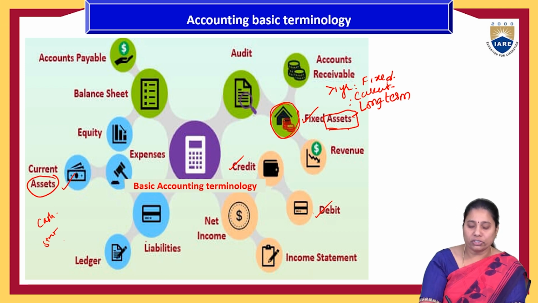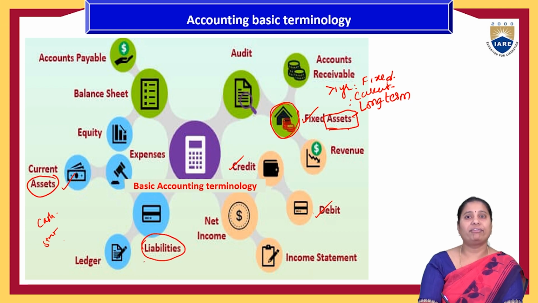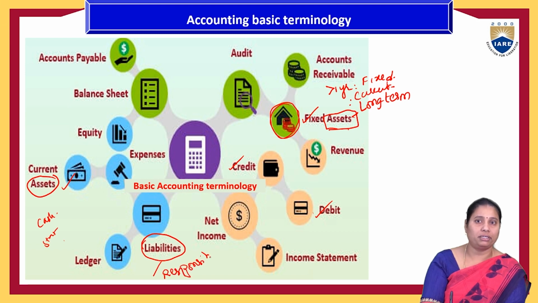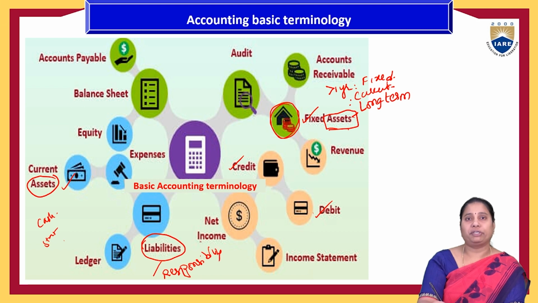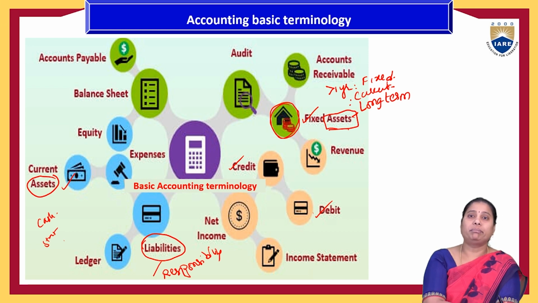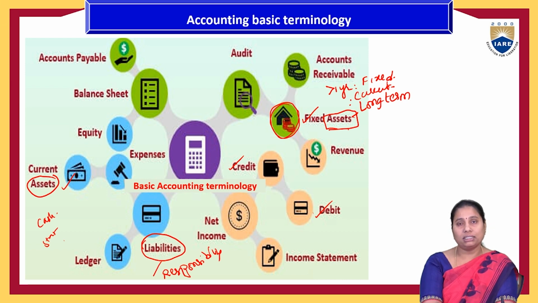And the liabilities, again, are the current liabilities as well as the fixed liabilities. Here, the liability means the responsibility of the organization which they have to meet. For example, land is purchased. Land is the fixed asset, but the bills payable is the responsibility of the organization. Then that bill is called the liability. Loan is taken. The amount which is coming to the organization is called the fixed assets or the current assets or the receivables account,